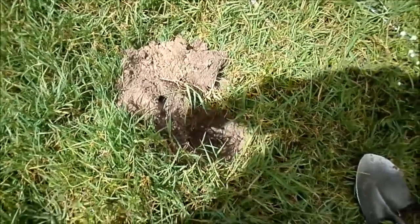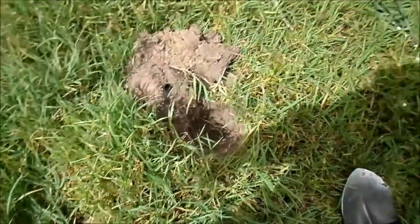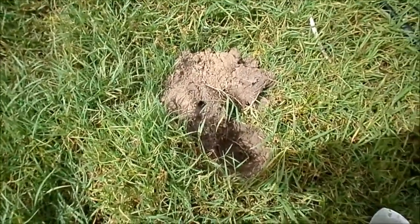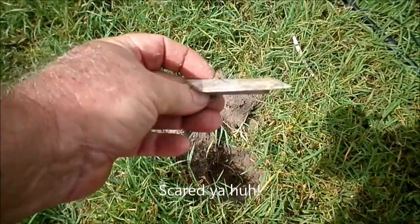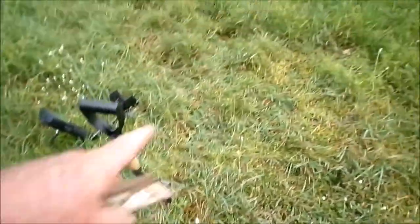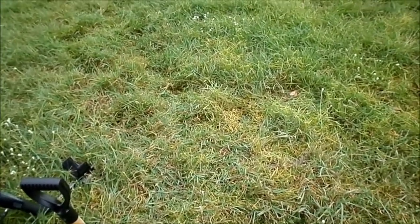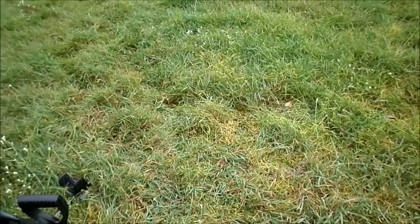Now you can see this nice deep hole here. And we actually got a real solid 42 signal. Thought we were back on the board with coins, but no! It's another piece of aluminum. Alrighty gang, a few feet back after I did my last video section, I got this perfect 12 reading